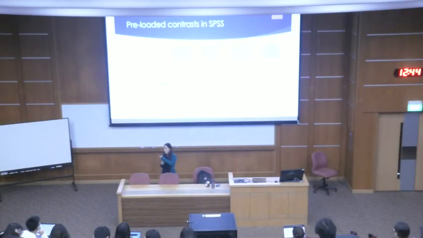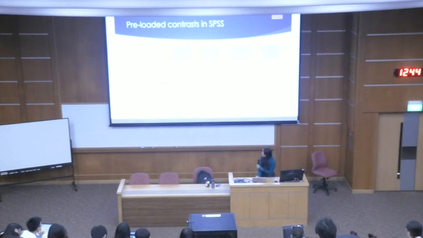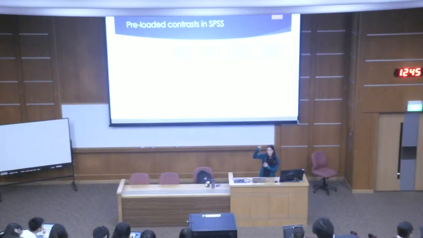So then we have to think about, again, look at the way that you've coded your variables. So control is coded as the first, and then beginning and end are coded as second and third. So if I want to compare 1 versus 2 and 3, Helmert probably makes the most sense because Helmert is going to compare 1 versus everything that comes after it. And then it will compare number 2 versus everything that comes after it. So if I want to replicate exactly the same contrast that I did manually, I should do a Helmert test here,